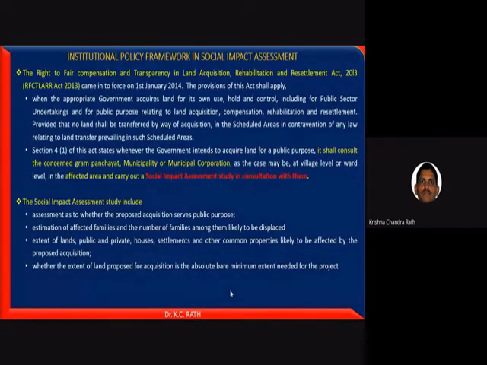And one of the important things of this institutional policy framework, which is based on the RFCTLARR Act of 2013, the Right to Fair Compensation and Transparency in Land Acquisition, Rehabilitation and Resettlement Act of 2013. And one of the sections in this states, whenever the government intends to acquire the land for a public purpose,